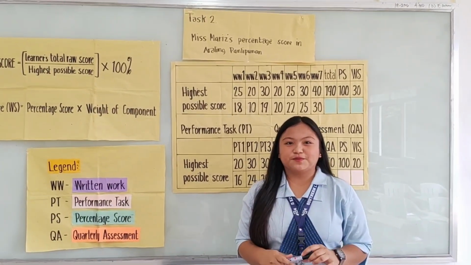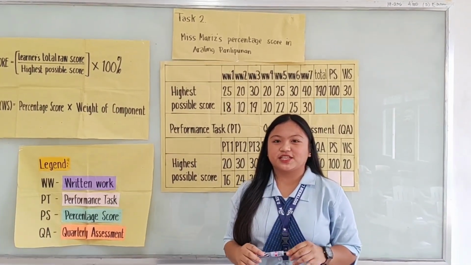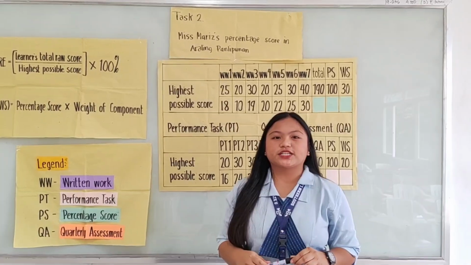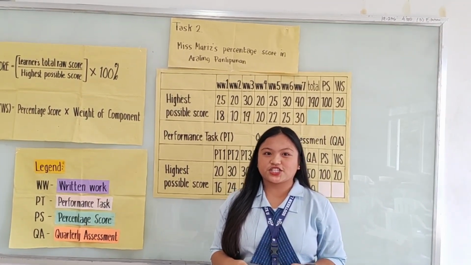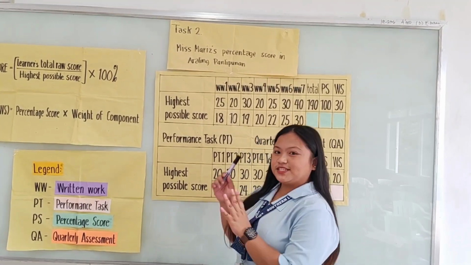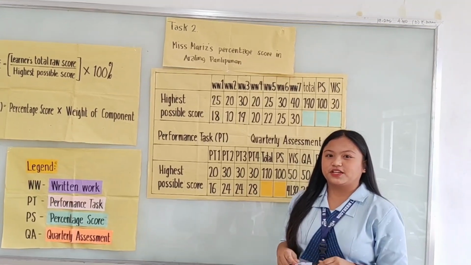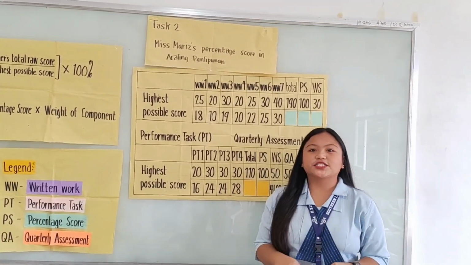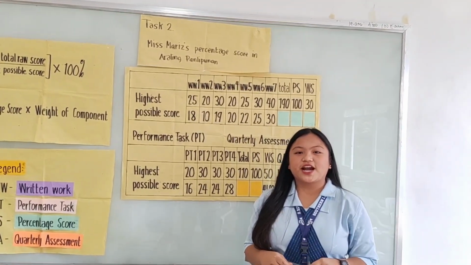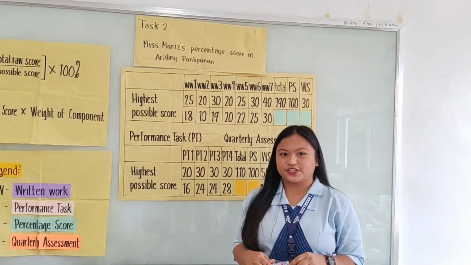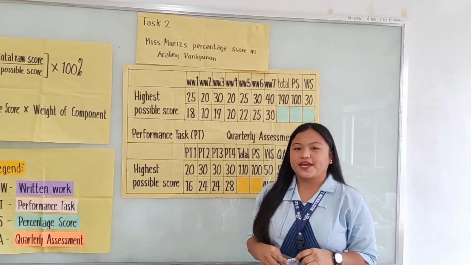According to Kubiszyn and Borich 2010, the grading system used in K-12 is using the front-end equating approach. So the assessment scores are immediately converted to a 100-point scale, and then composite marks are averaged and weighted. In this table are the percentage scores of Miss Arlene Patimunan for the first grading period. Written works included a concept map, essays, news writing, news or article review, and a couple of reaction papers. Performance tasks were comprised of timelines, news reporting, debate, and role play.